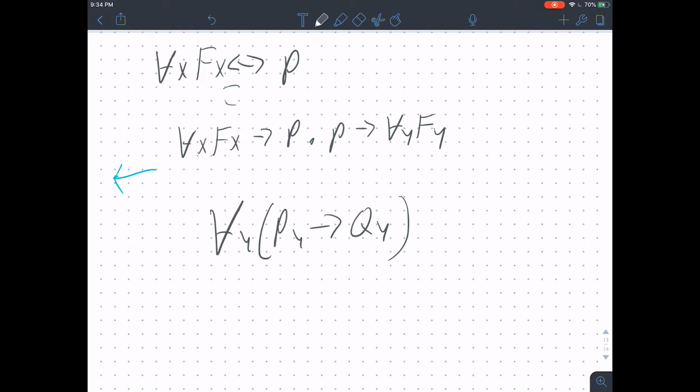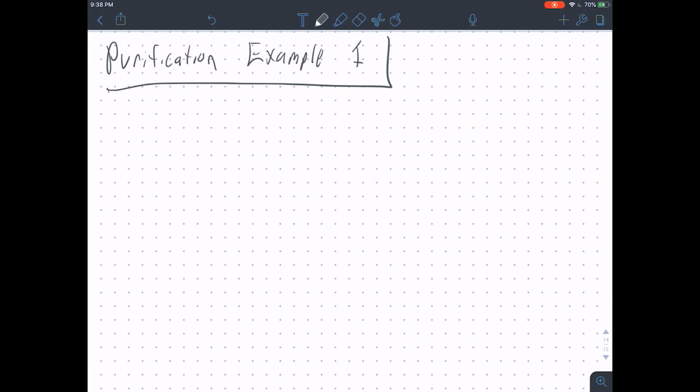Okay, so I'm going to move on to some examples of conversion to prenex and purification in a moment. So yeah. Okay, just going to do a few examples of purification and prenexification. I don't know if that's what you call it. Anyway,